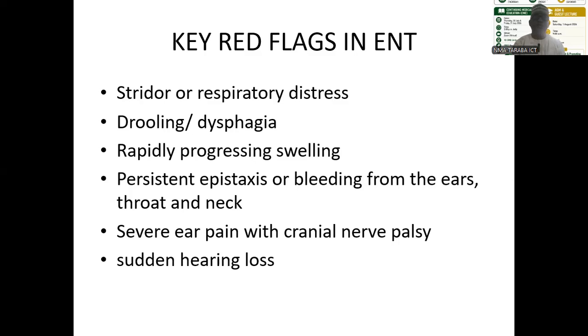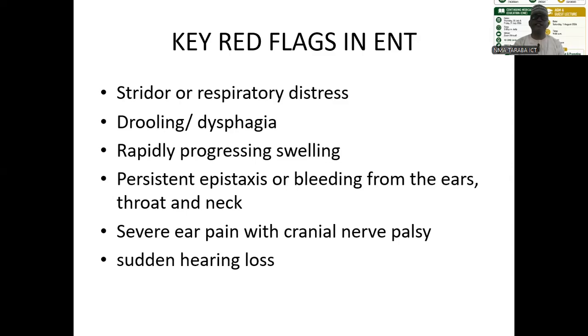And when you come in contact with these patients, there are red flags that, whenever you pick them, there is need to do something and refer urgently for definitive treatment. These red flags include stridor, that's noisy breathing, and respiratory distress, drooling of saliva or inability to swallow, or painful swallowing or discomfort in swallowing, rapidly progressing swelling, a swelling in the throat, in the nose, in the ear, or